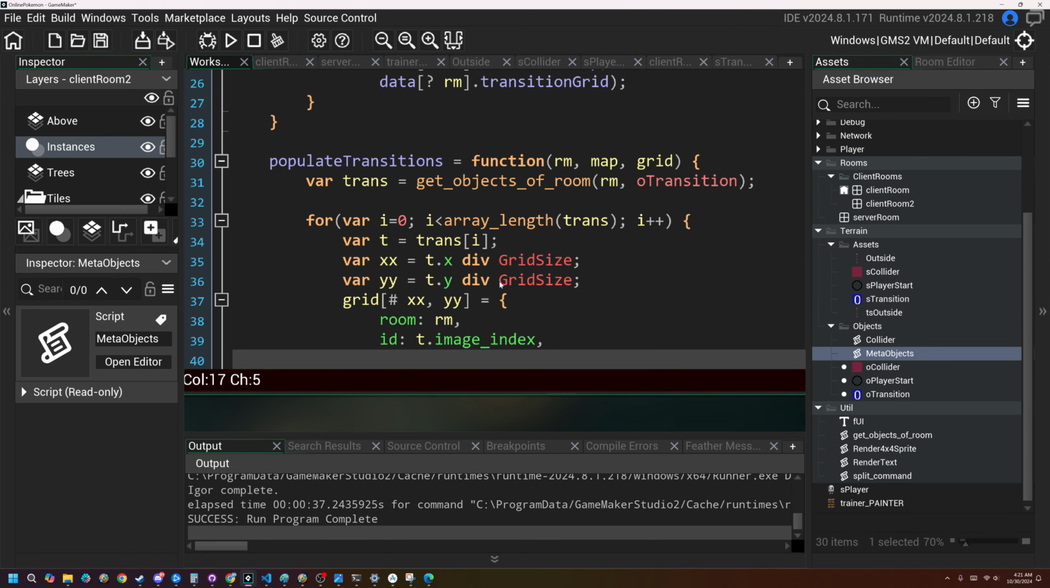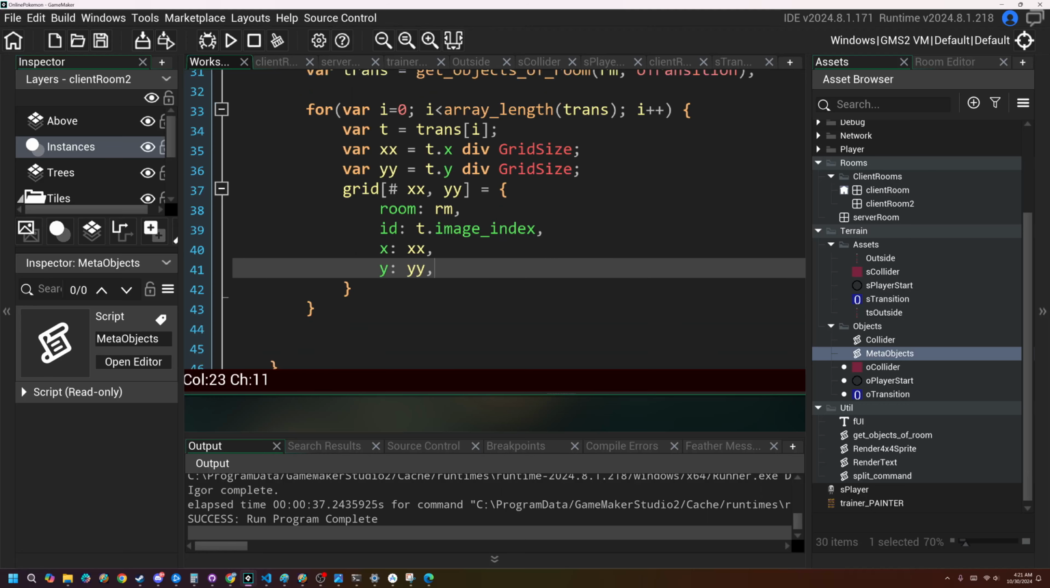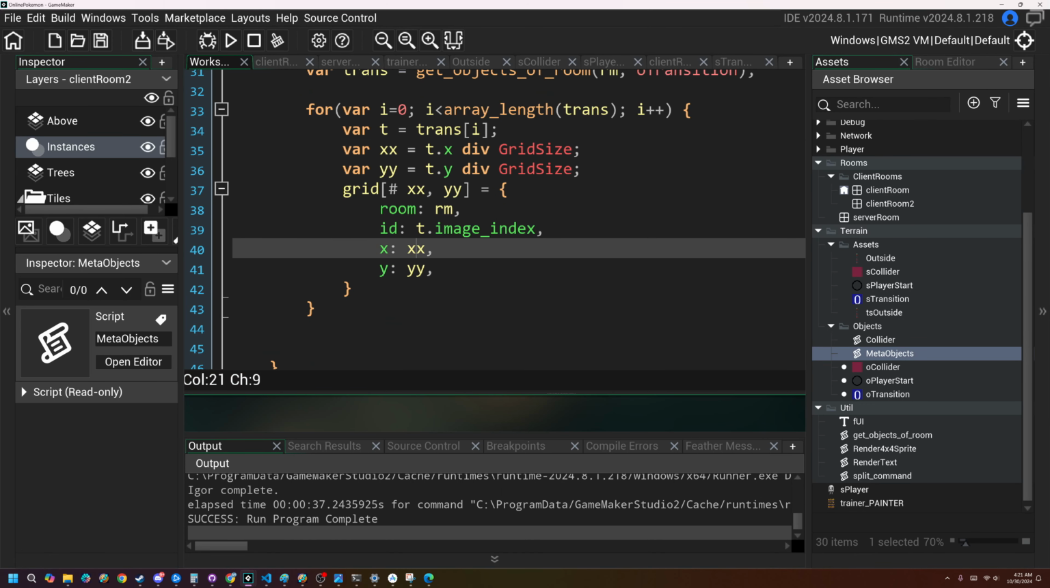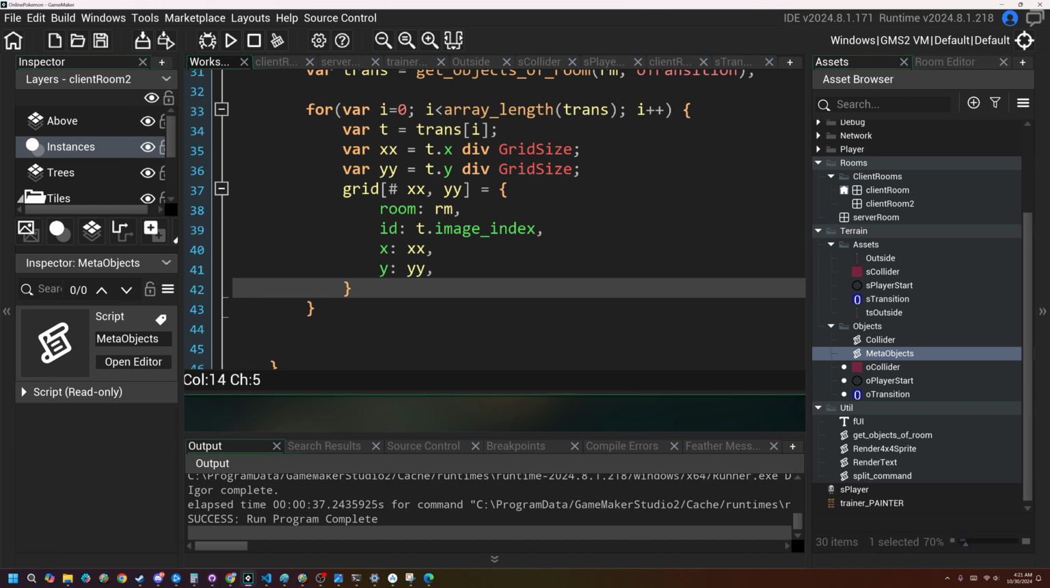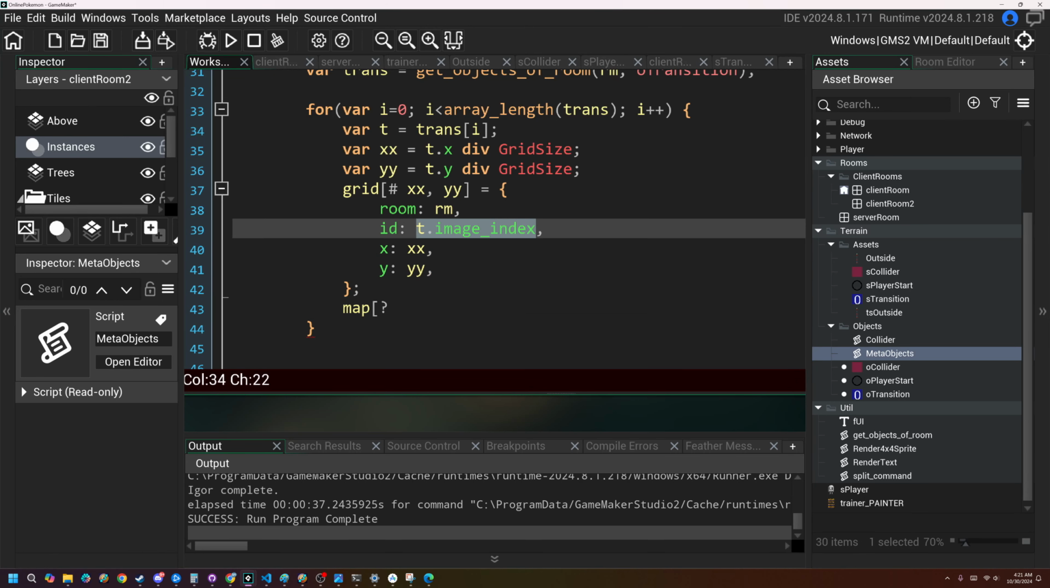I think that'll work. And then we can store the x as xx and the y as yy. It's good to note that we're storing the grid position, not the actual pixel position of this transition object. All right, and now we need to store this in the map. So I'm going to say map, and this is going to be based on its ID. So its ID is just t.imageindex,